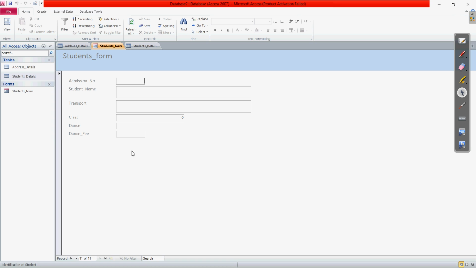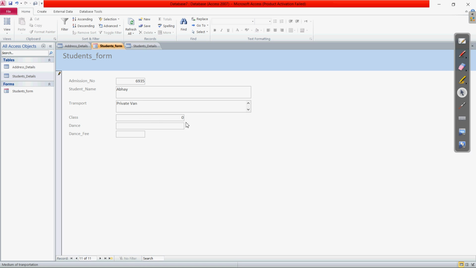As you can see now, this is the layout which is friendly for the user. Clear? The user can relate to it, as we also fill forms online. In the same way, these boxes are the area where the user will enter the details. Now you have clicked on the new record, so let us enter it. Suppose the admission number is 6935, then student name, suppose we write Abhay, then transport, whatever it is, school bus or private van, you can enter it.